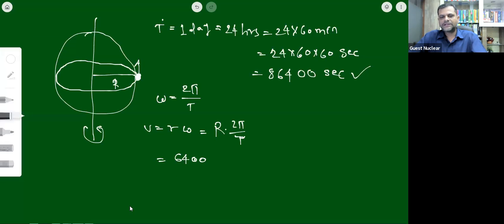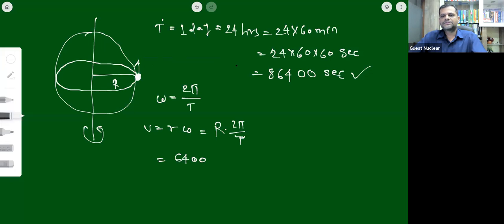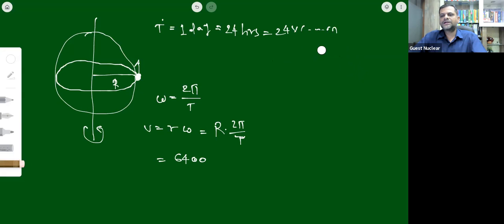Just let us check the answer options. Options we see that is it in kilometer per hour, right? So that means ये जो हमको किलोमीटर में डिस्टेंस जो है वो किलोमीटर में रखना है और टाइम जो है वो आवर में रखना है. That means you don't have to convert this into seconds here. तो ये seconds में हमने जो convert किया तो वो गड़बड़ किया, वो कोई जरूरत नहीं थी एक्चुअली, क्योंकि हमको आंसर किलोमीटर पर आवर में चाहिए. So just keep this time period in 24 hours only. आवर में रखो उसको. तो यहाँ पे 6,400 किलोमीटर में आ गया into 2 pi as it is,